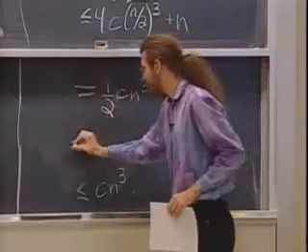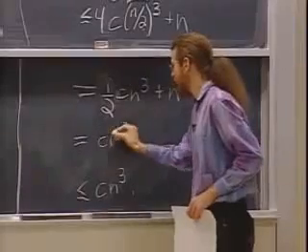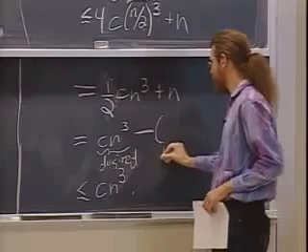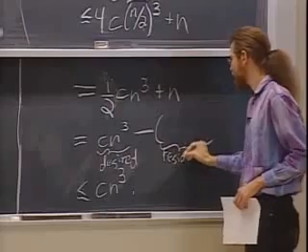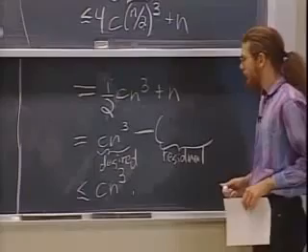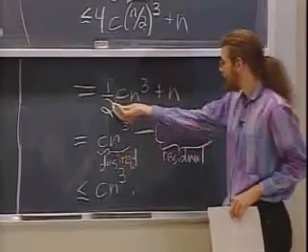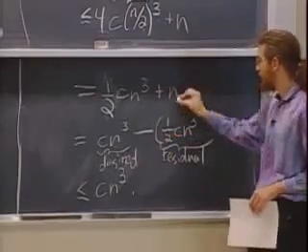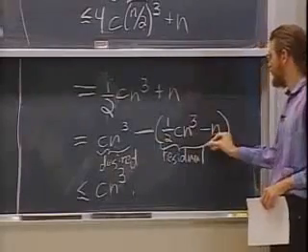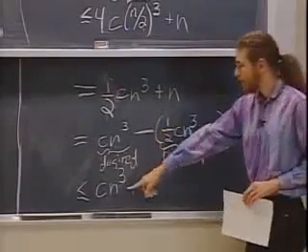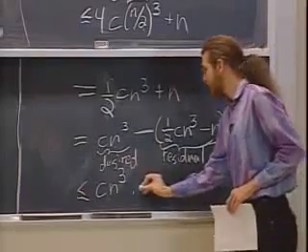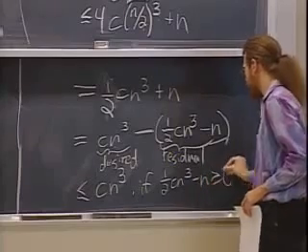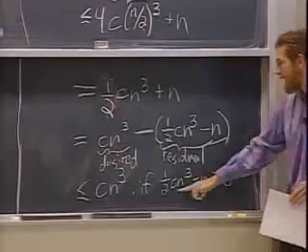So what I'll do in order to see when that's the case is just write this as what I want. So this is sort of the desired value, c times n cubed, minus whatever I don't want. So this is called the residual. So now I have to actually figure this out. We have cn cubed, but only half cn cubed here, so I need to subtract off half cn cubed to get that lead term correct. And then I have plus n, and there's a minus here, so it's minus n. OK, and that's the residual. In order for this to be at most this, I need that the residual is non-negative. So this is if the residual part is greater than or equal to 0,